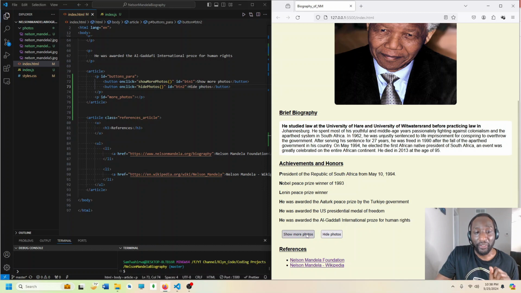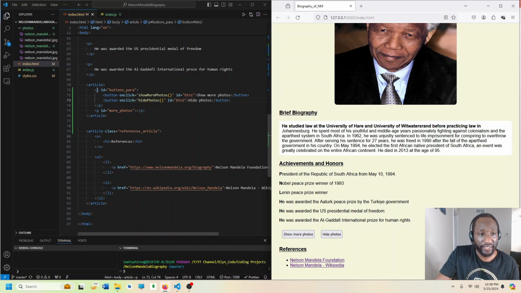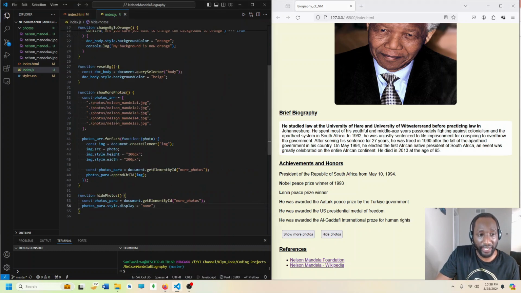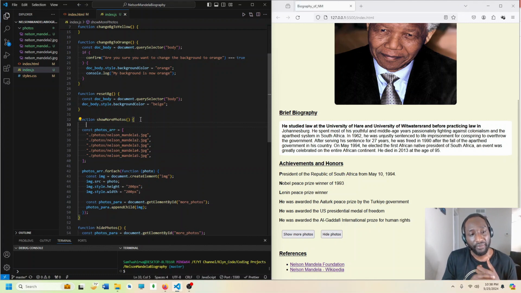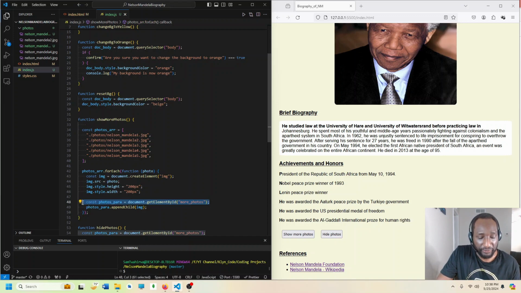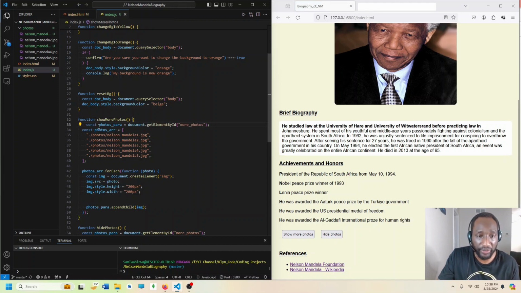Okay. Now it's another interesting part that I want to show you. When I say hide photos, it sets the display of this paragraph to none. So you can't see anything anymore. So I now have to come back in my function here of show more photos. Now I need to first put a conditional, right? And for that, let me move this to top level. Let me cut and paste it here to top level of this function,